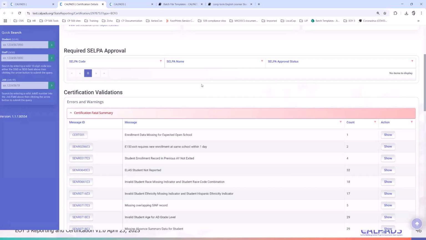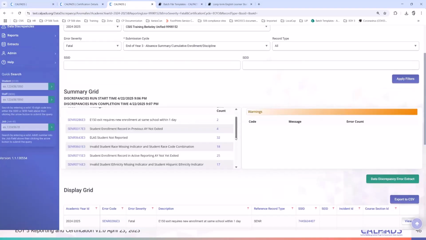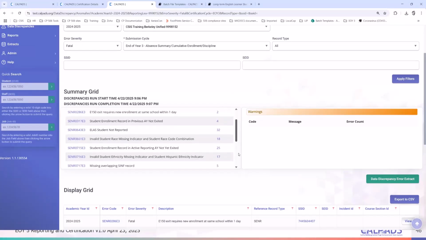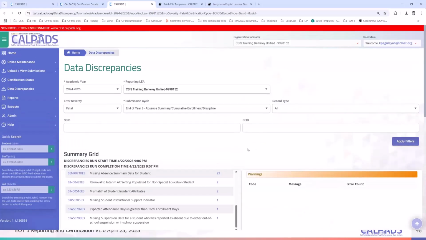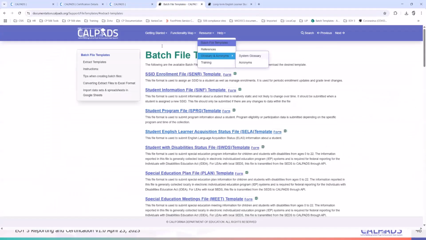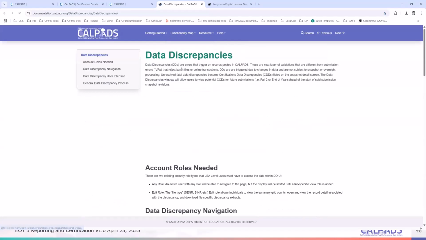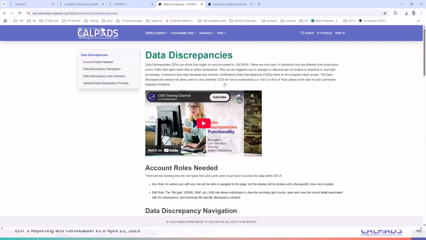Okay. All right, so let's go back to the data discrepancies and demo some errors. So you have here the data discrepancy. Nate has a detailed demo with regards to data discrepancy in CalPADS. If you go to the CalPADS user manual and click on functionality map and data discrepancies, his video is here, so you can watch it.